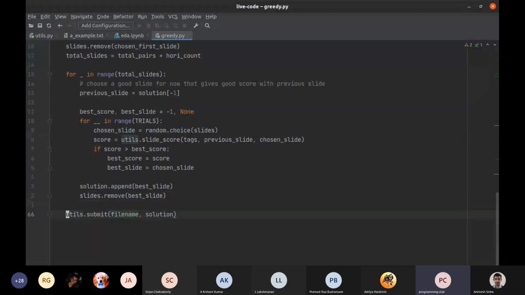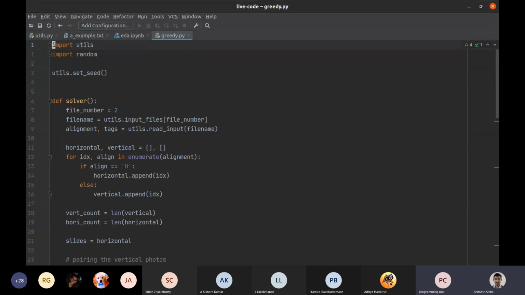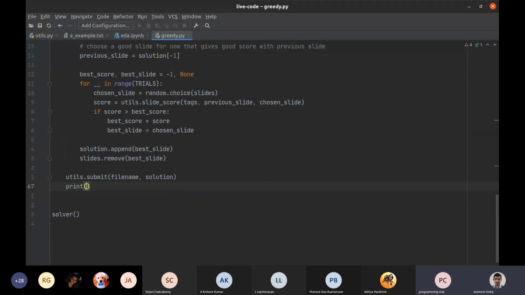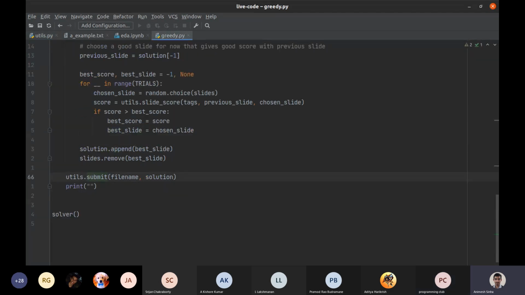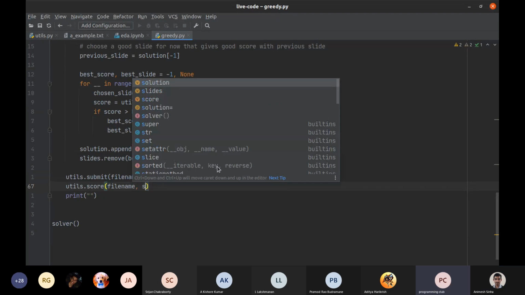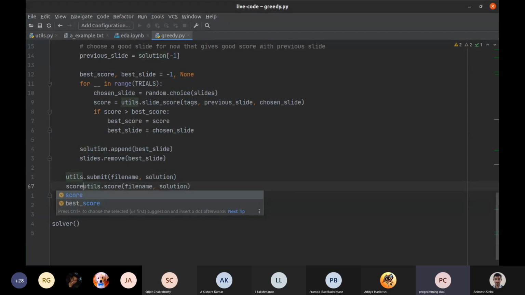So that is all. Like that is literally the first. One more thing. Can you just print the score for the file? Just go to the bottom and just print the score. Where will I find it? Does this return utils.score? No, utils.score. Okay. Right. So score is.